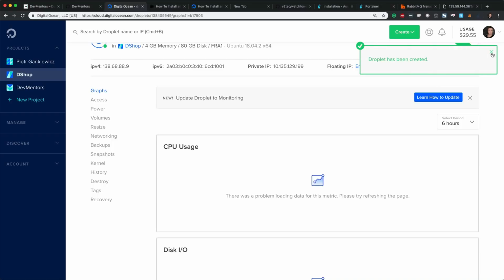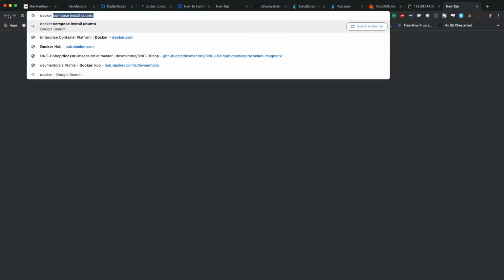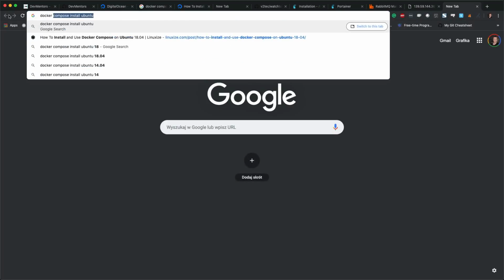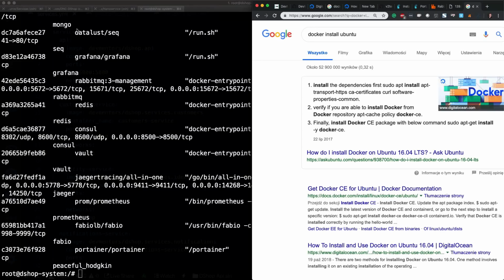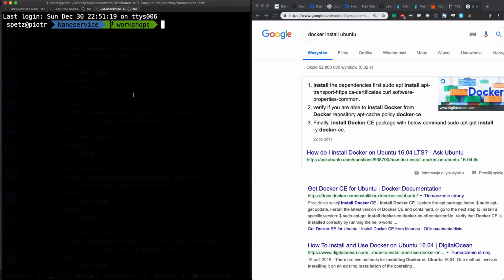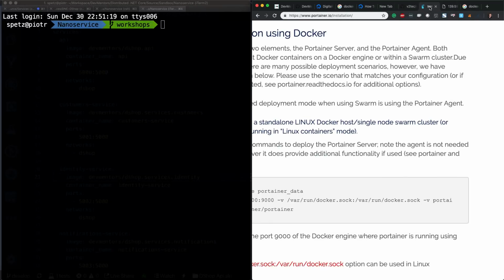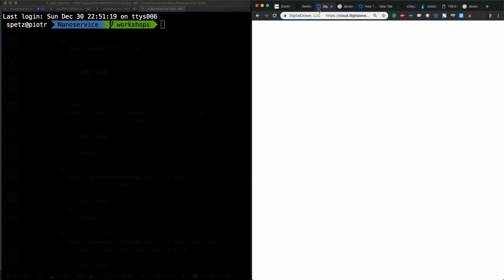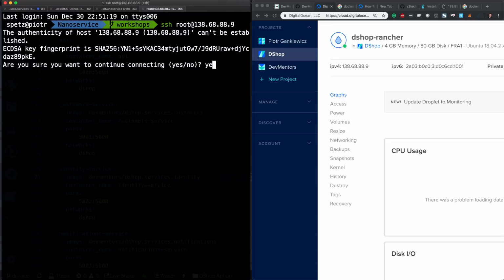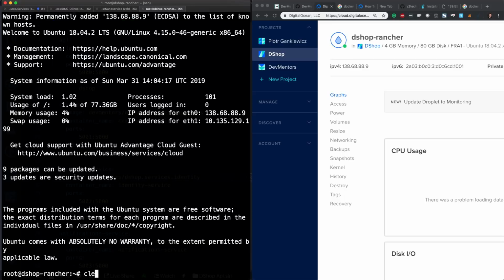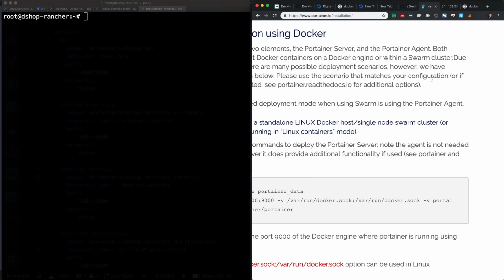So I will also show you how we can install Docker using this longer tutorial maybe. So let's try to do it this way. I'll just say Docker install Ubuntu one more time. And let me split the screen. So this one is gone. Okay. Here is my new IP, and I should be able to connect to this one. Yes. Okay. So I'm on my new virtual machine using Rancher, and here is the